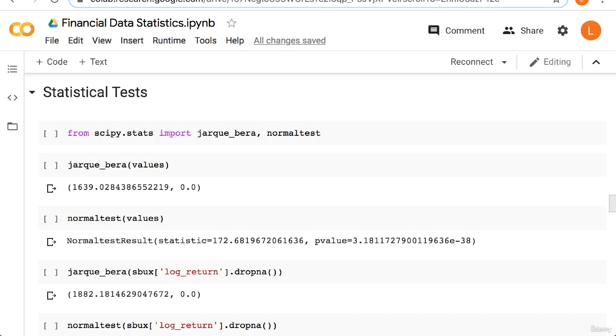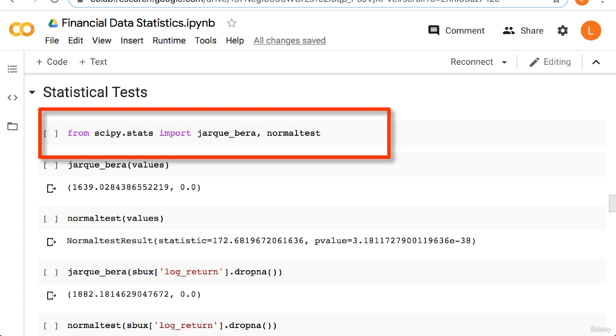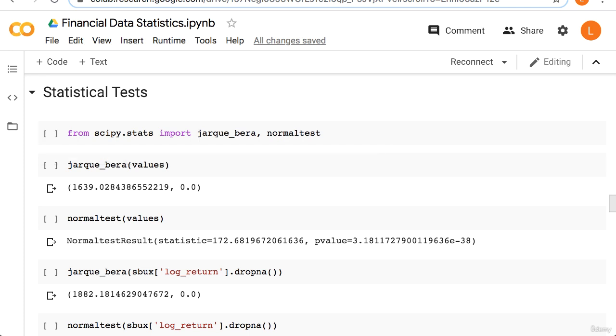In this lecture, we are going to look at statistical testing in code. As usual, you can look at the title of the notebook to determine what notebook we are currently looking at. To start, we're going to import the Jarque-Bera test and the normal test from scipy.stats. These are two functions that test for normality and return both the test statistic and the p-value. You're encouraged to check out the documentation for these functions if you want to learn more about the arguments and